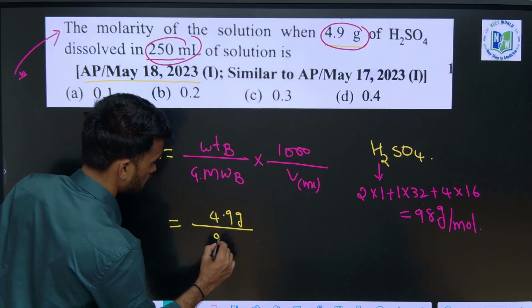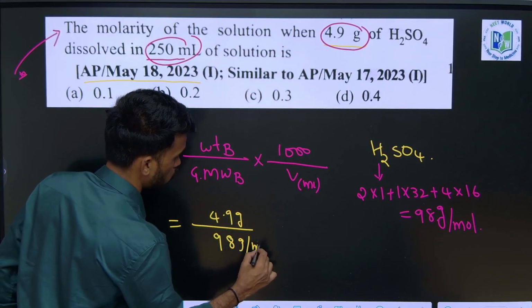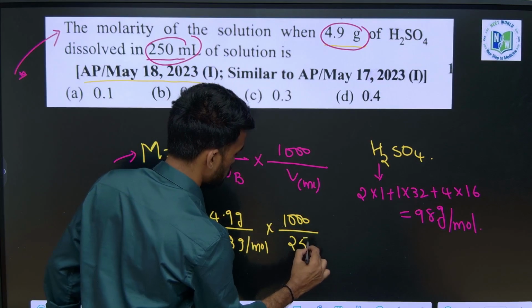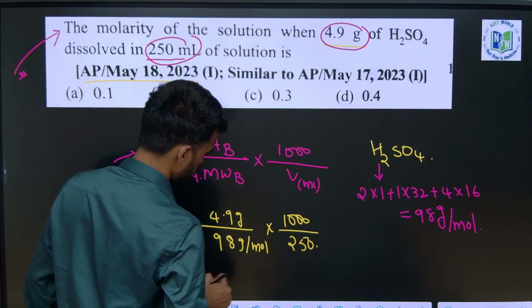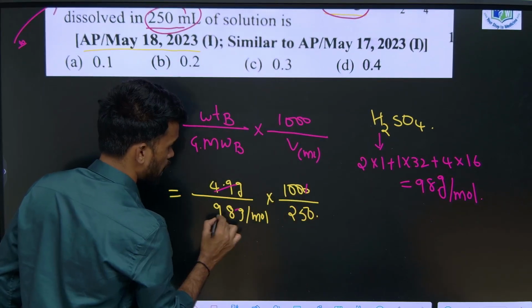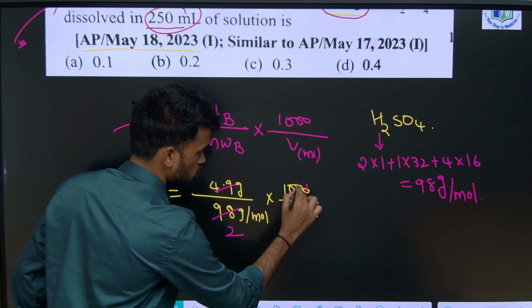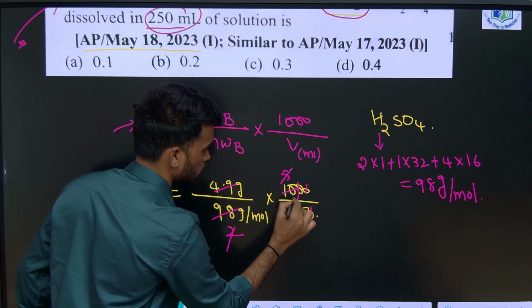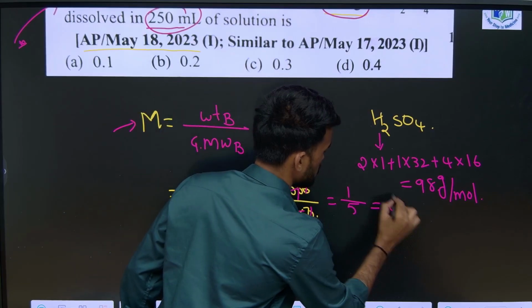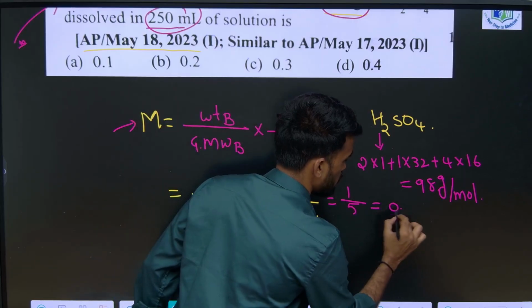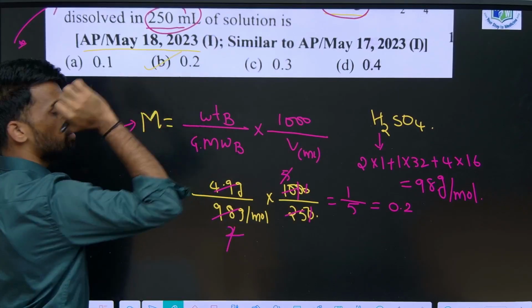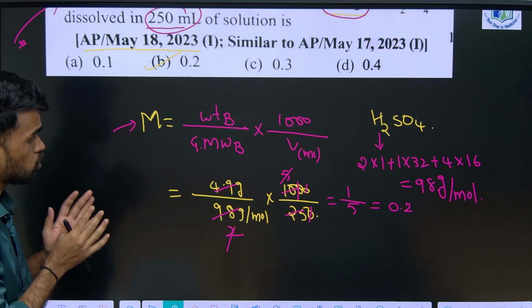So you can take 98 gram per mole into 1000 by the volume they have given here, 250 ml. Now I can say this as 49, and this will be 2, and then next, the 0 0 you can cancel, this will be 5 times, and you can take this as 1 by 5. So 1 by 5 is nothing but, if I put 0, it is 10 by 5, meaning 2. So 0.2 molar solution. So what is the molarity we got? 0.2 molar solution. I hope it is clear how to solve this kind of question, right?